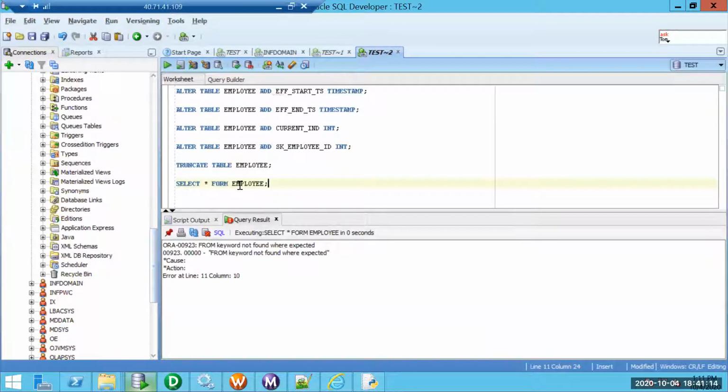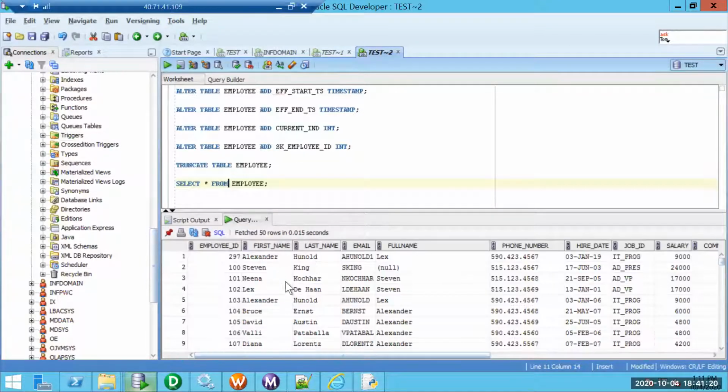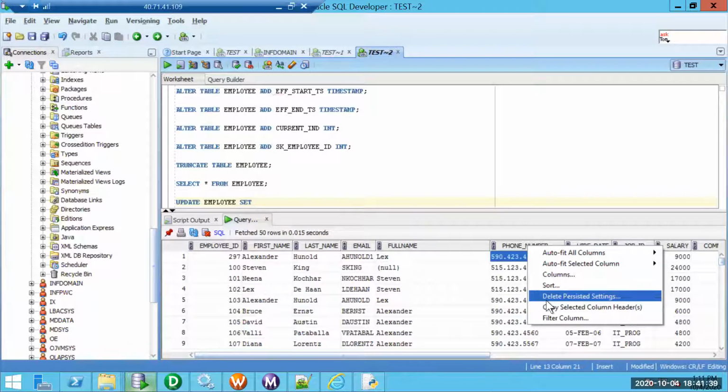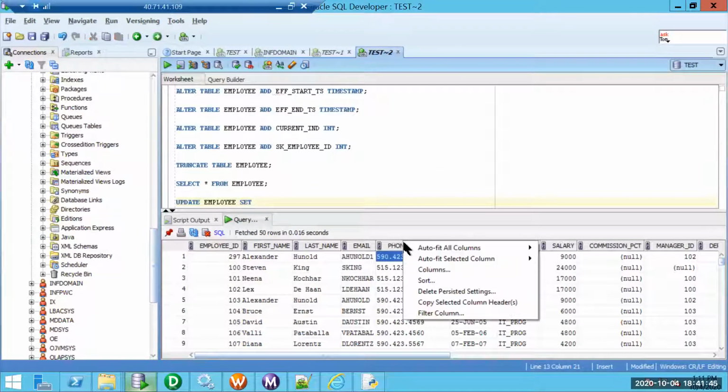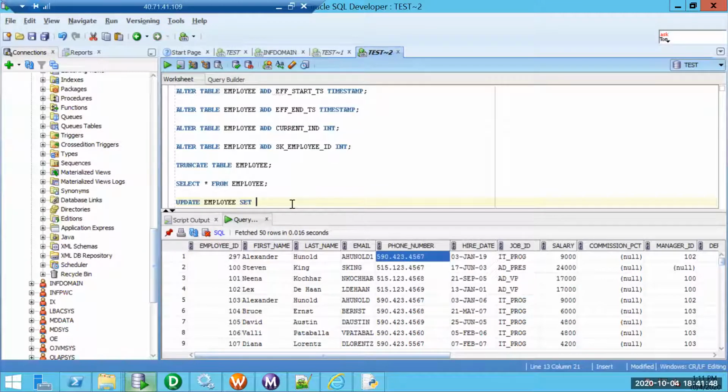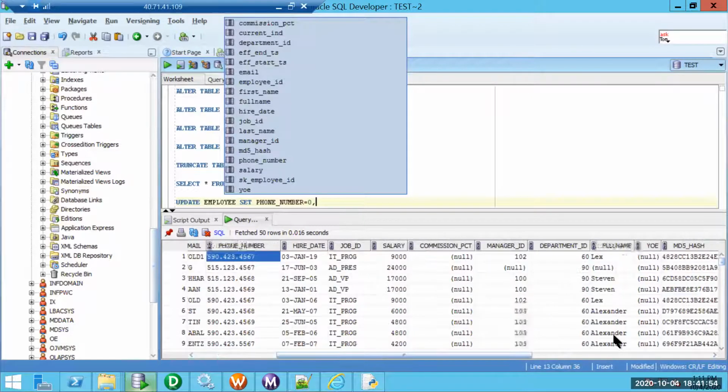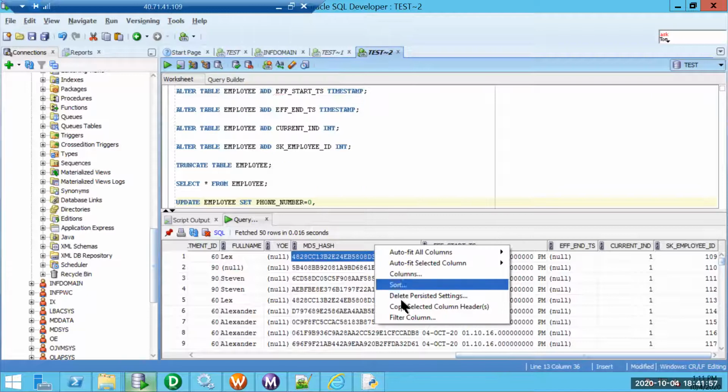What I'll do is update employee, set phone number equal to 0 LSA, and then even MD5 hash will be 0 for some 10 records.